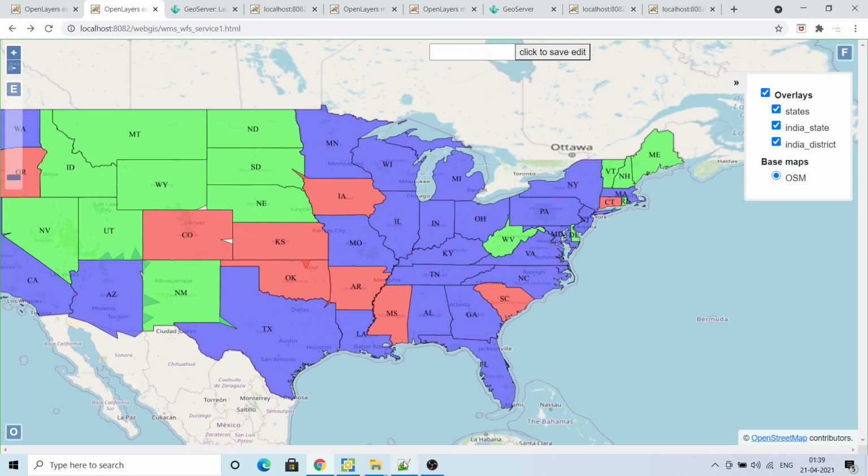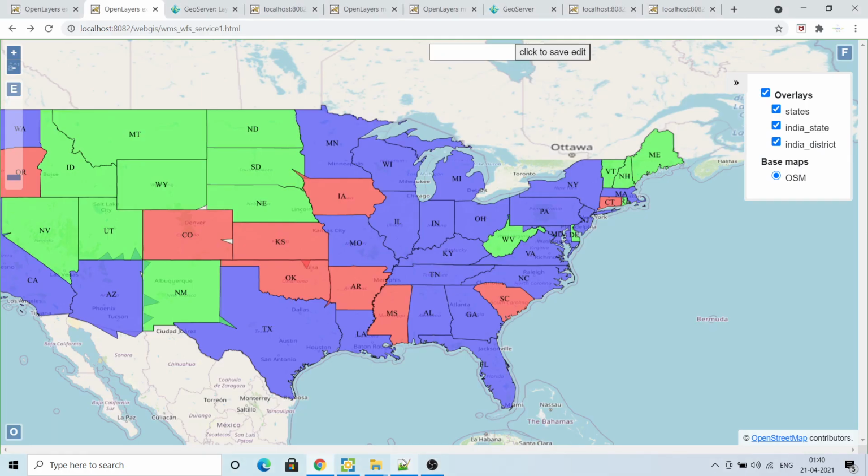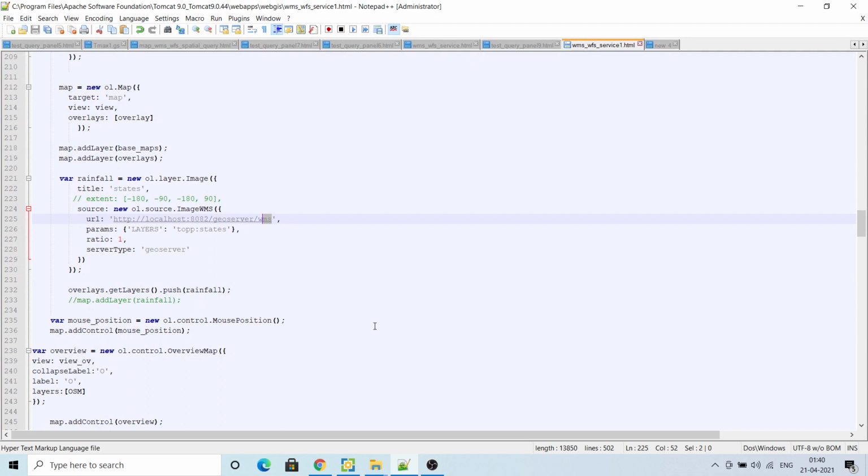So that's how, if you want to add a WMS layer, you can simply copy and paste the layer name from GeoServer and use the WMS service. You can fetch the WMS service like this. Okay, this is a very simple thing.